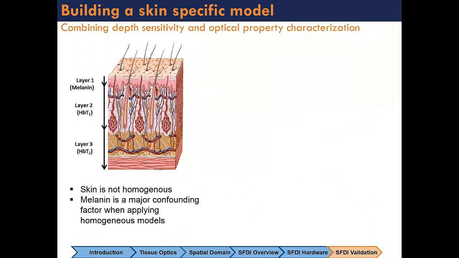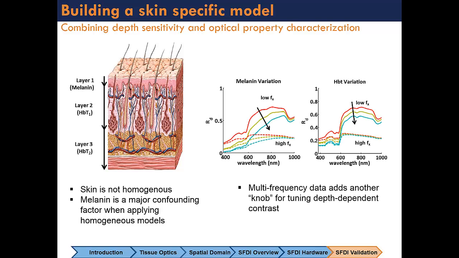More recently, we've focused a lot on improving the stability of the oxygen and hemoglobin signals in the presence of varying melanin. Skin is a very complex model, and it turned out to be the one problem we were working on where you really could not trust a homogeneous assumption in depth. And so we've modeled that with the computational techniques that you're learning about this week, with truly the tools that are coming from the Virtual Photonics technology program, being able to vary with complex layered models, including melanin versus wavelength